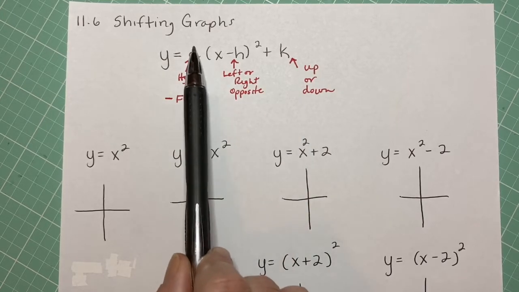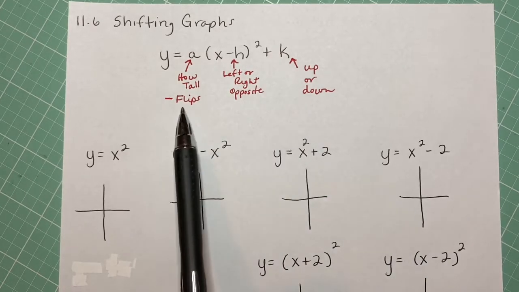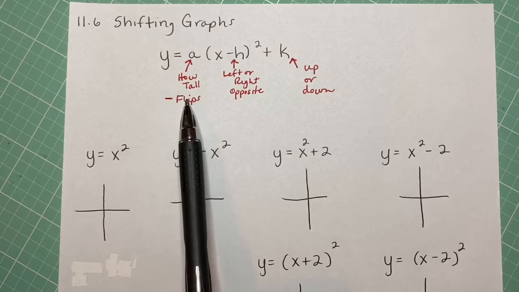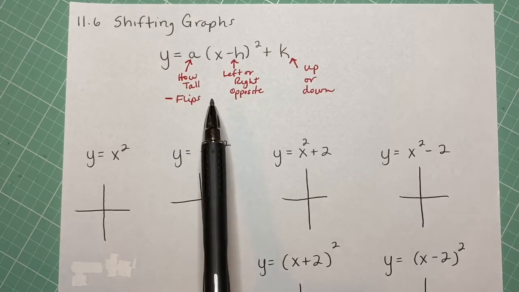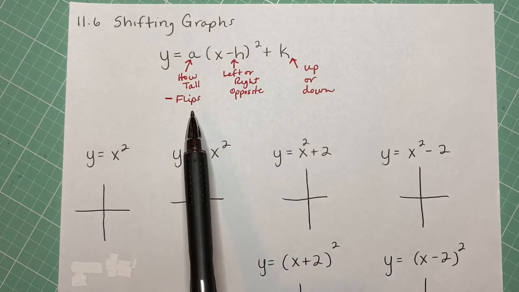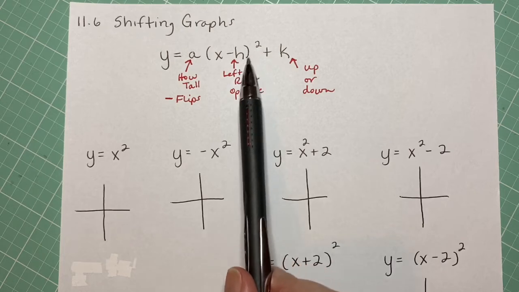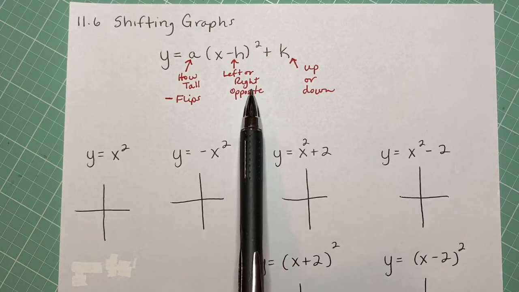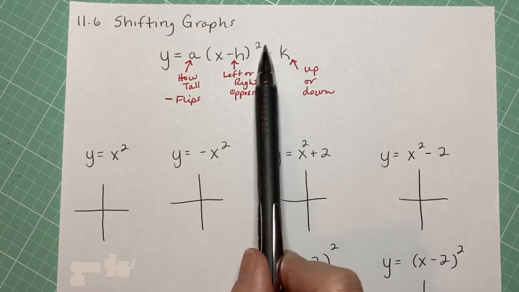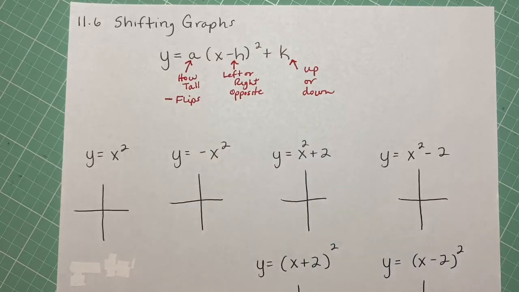any number sitting in front of the parentheses is going to determine how tall it is. But all we're going to look at is that if it is a negative, it's going to flip the graph. So a negative sitting in front of the parentheses or the variable is going to flip the graph. The number inside the variable or inside the parentheses is going to move it left or right, the opposite, and I'll explain that in a minute. And then any number that's sitting outside of the actual variable is going to move it up or down the